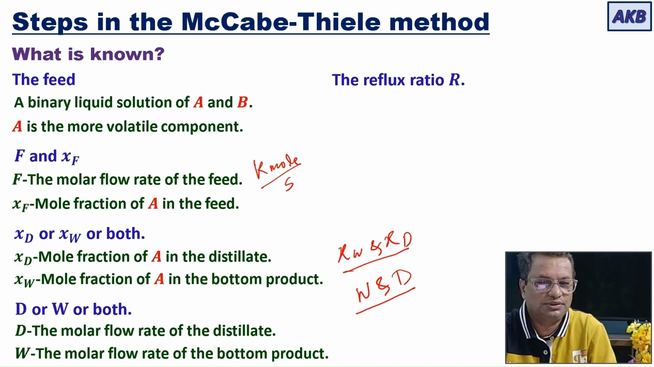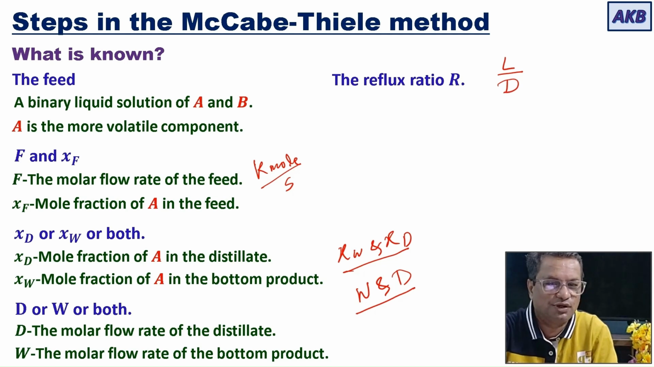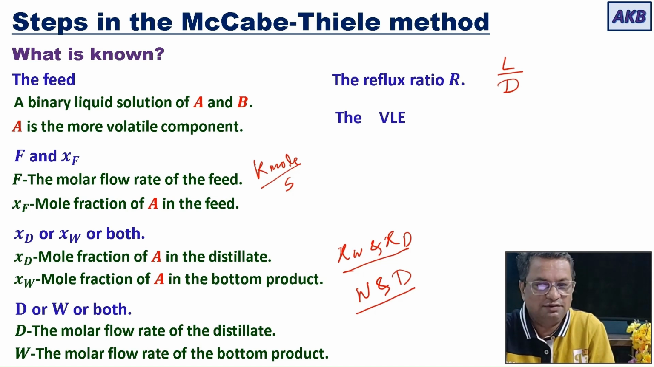is known to us. That is the ratio of the reflux that is coming into the column at the top divided by the distillate flow rate, that is, the molar flow rate of the reflux divided by the molar flow rate of the distillate. This is known to us. Reflux ratio is known. The VLE data,